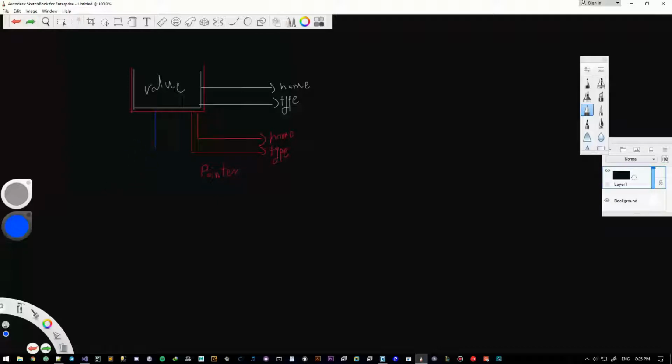Let me just put that right there. So we want to use this and take this out. Okay, use this to take this. So we want to use the bigger box, the red one, and from that red one we want to take out the value of the smaller box.